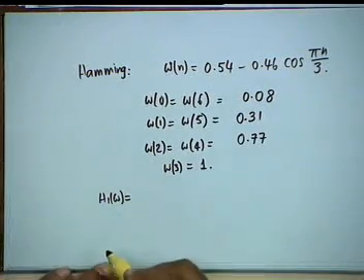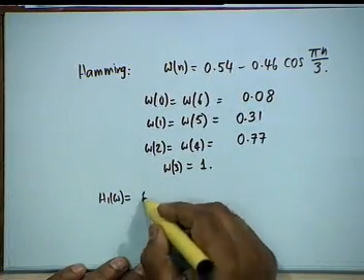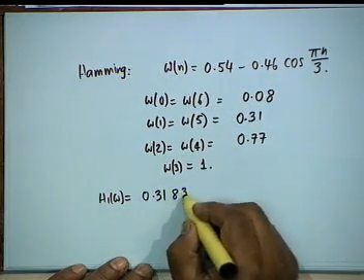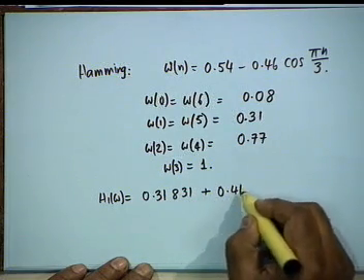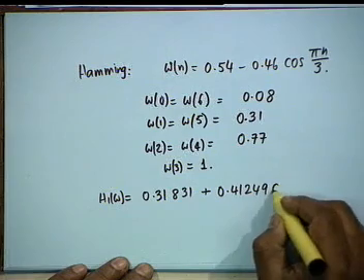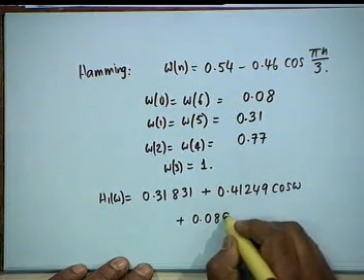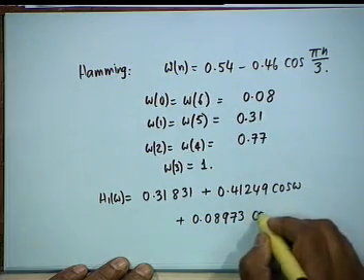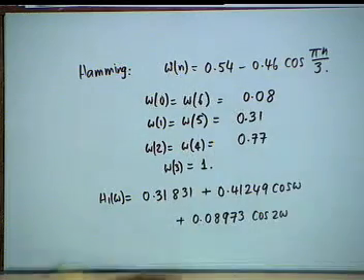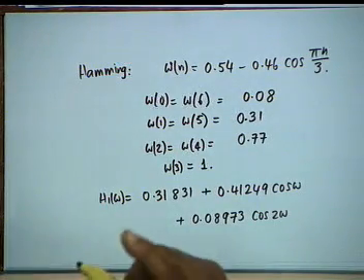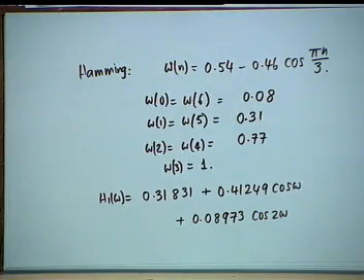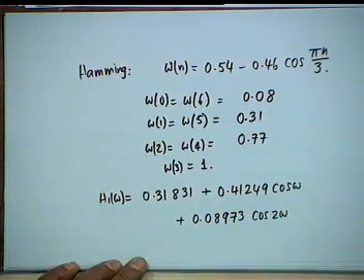Under this condition, the frequency response becomes H1 of omega for Hamming. For Hamming, the first term is the same, 0.31831 plus 0.41249 cosine omega plus 0.08973 cosine of 2 omega. These W's have to multiply the rectangular window HDNs. Then you get, then do not forget the factor 2.